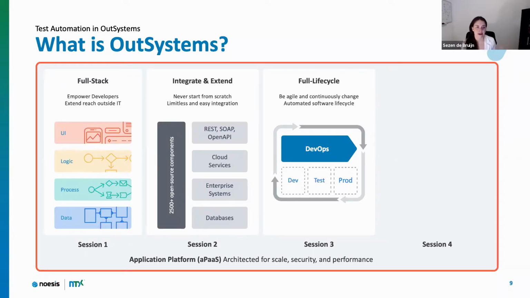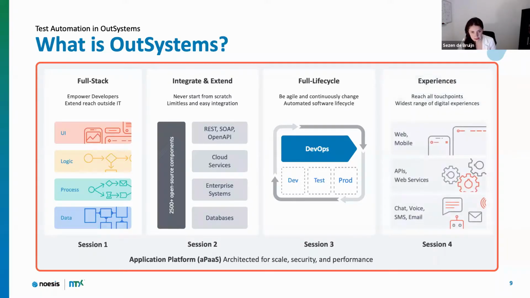So these are the 3 capabilities that OutSystems basically offers to the average customer. And all of that leads to this: the ability to build web and mobile applications, create services that run, if necessary, headless on a server, and integrate with all kinds of new technologies, whether that's chat, voice, and email, or extend with artificial intelligence. All right, so what OutSystems basically offers customers is to build fast.